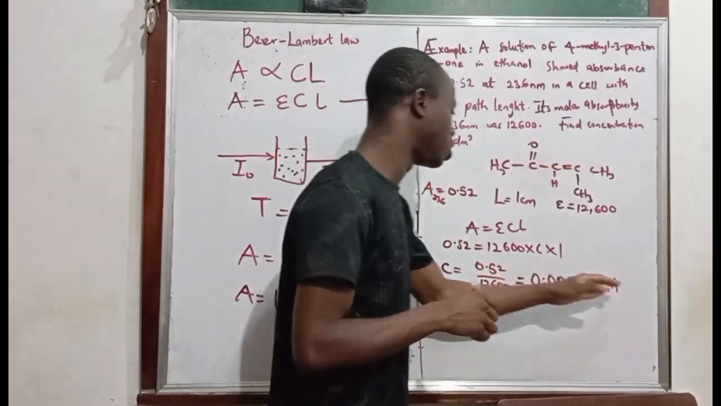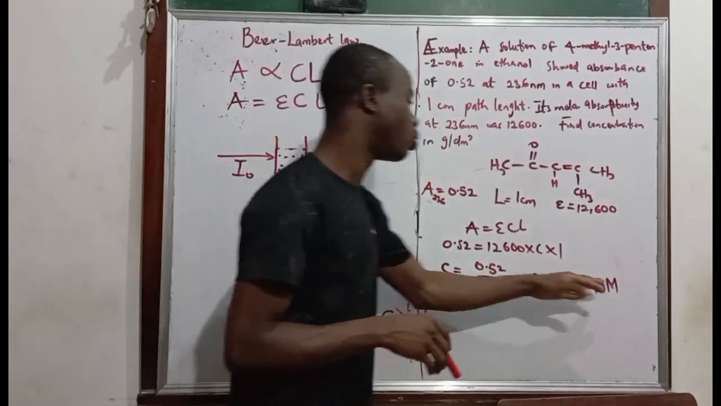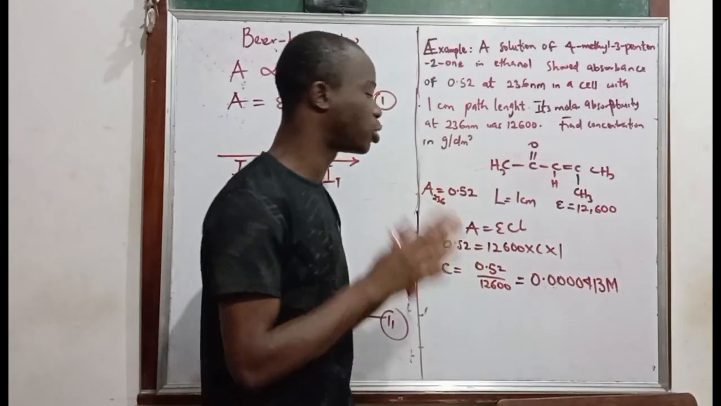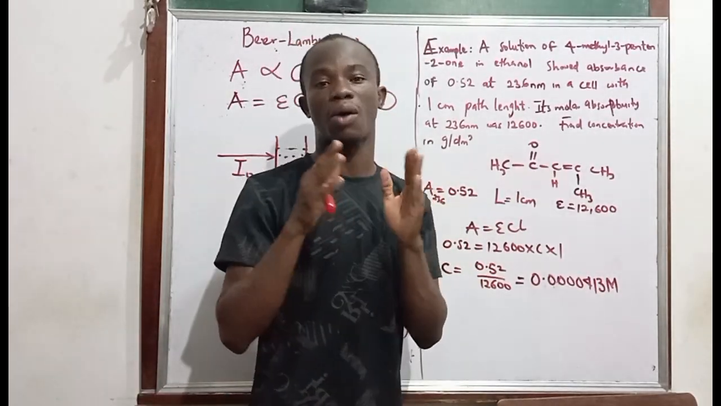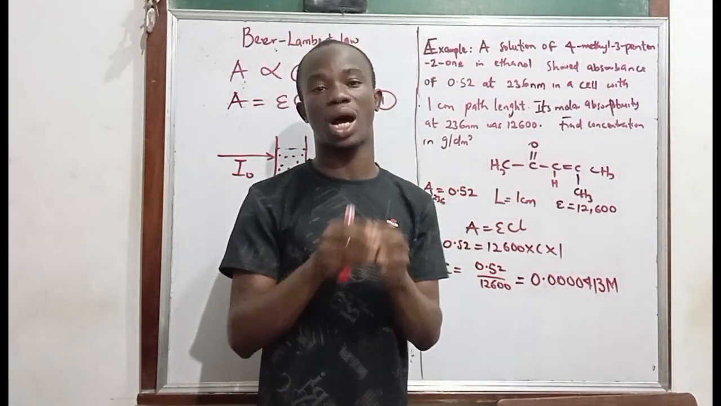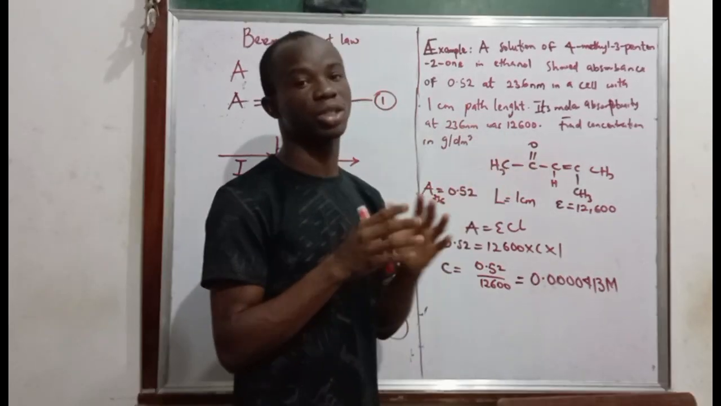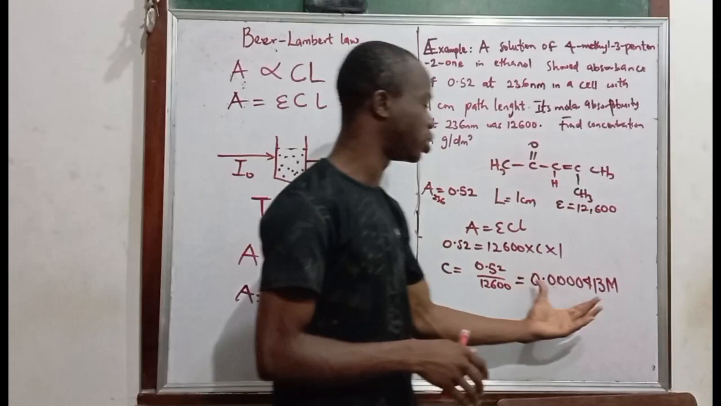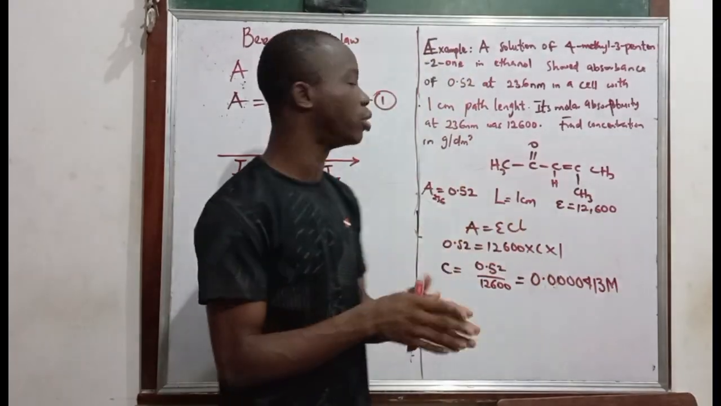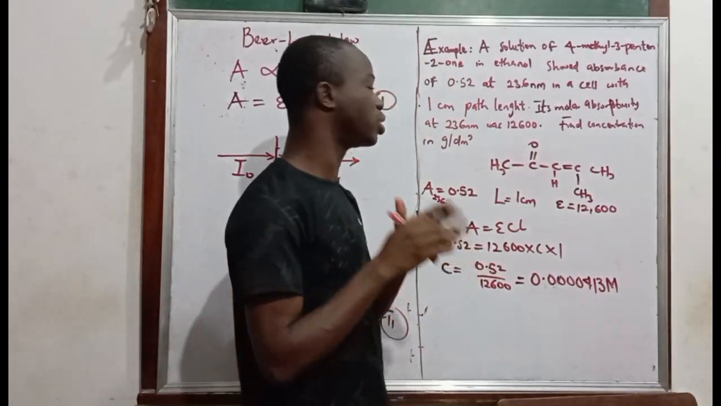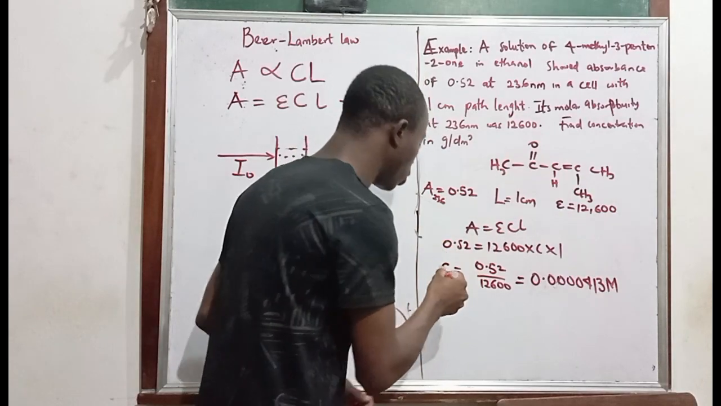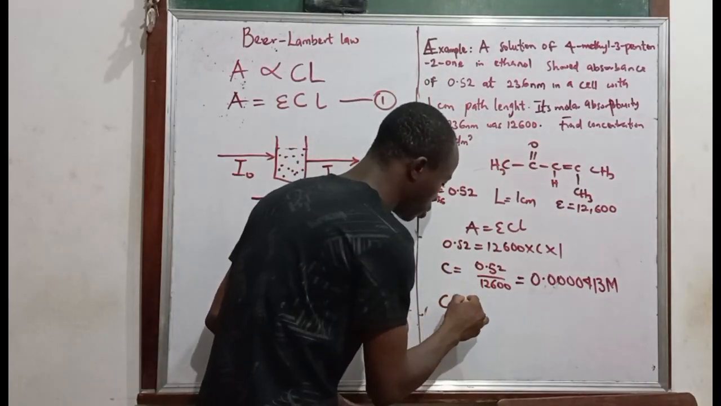So in this case, this is the concentration that we have gotten in mole per dm cube. The reason why our concentration is in mole per dm cube is because our epsilon is given as molar absorptivity. But don't forget, our concentration is not to be gotten in mole per dm cube. We have to get our concentration in gram per dm cube. And we know that concentration in gram per dm